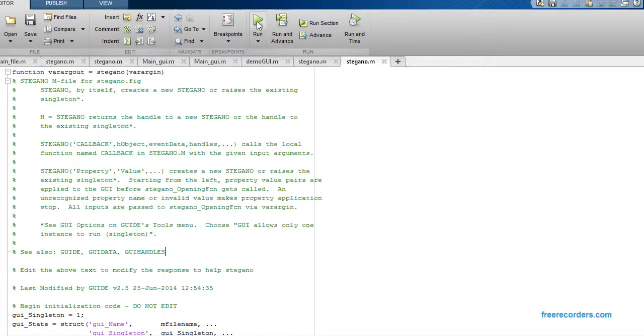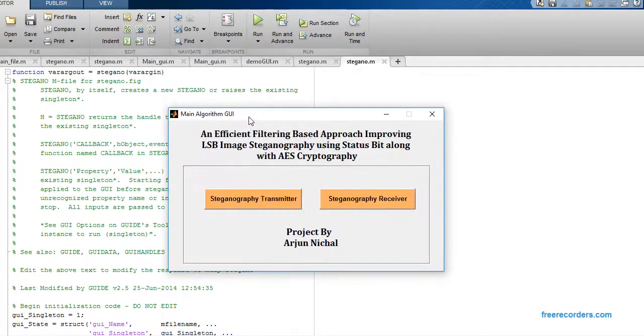Now just click this button to run the code. It will open one graphical user interface. The title of the project is an efficient filtering based approach improving LSB image steganography using status bit along with AES cryptography. Now this is one kind of data hiding method in which we are going to embed text as